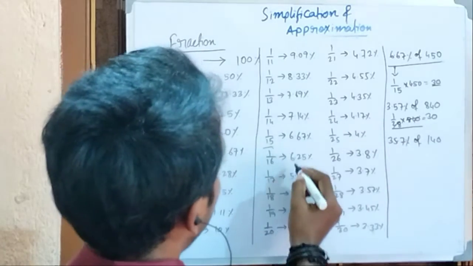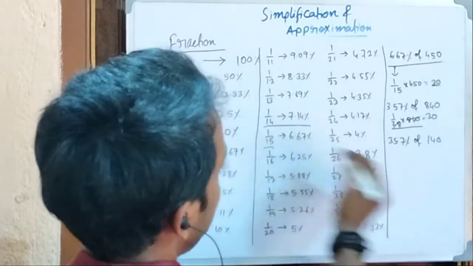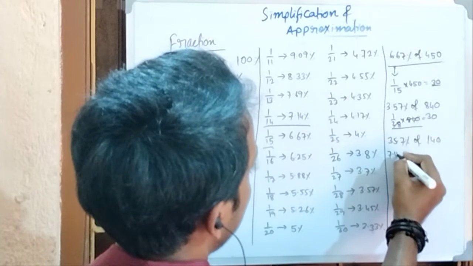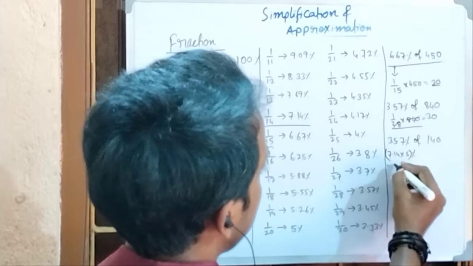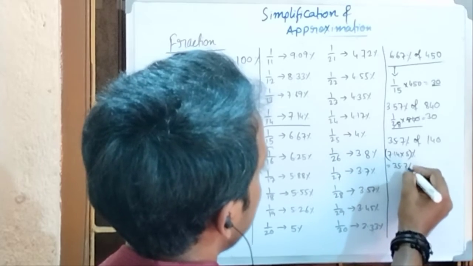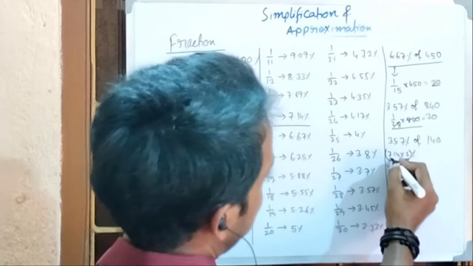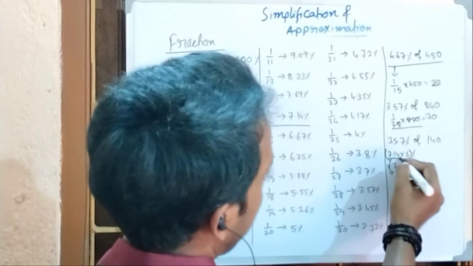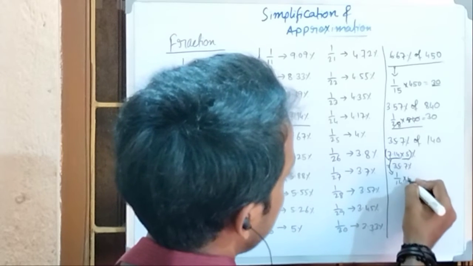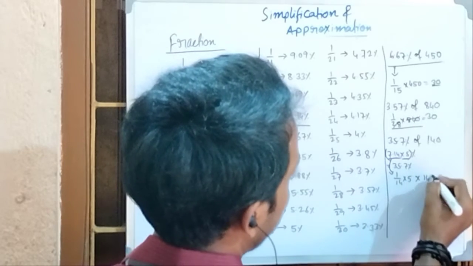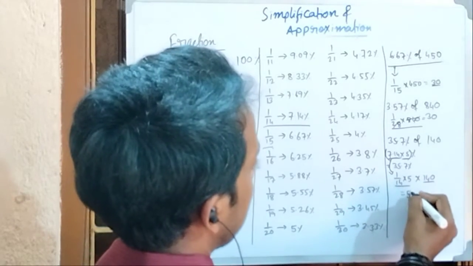Okay, so now I can give you this one, 7.14. So 7.14 multiplied by 5, wouldn't it give you 35.7%? Yeah, correct. So this multiplying factor would multiply, but I will not take the percentage value this time, but take the fractional value. So 1 by 14 into 5 into 140. So 5 by 14 into 140 would give you 50 as the answer.